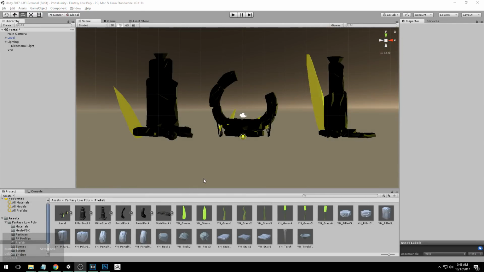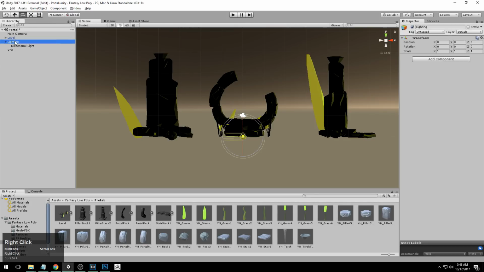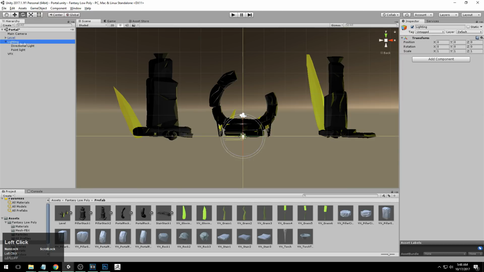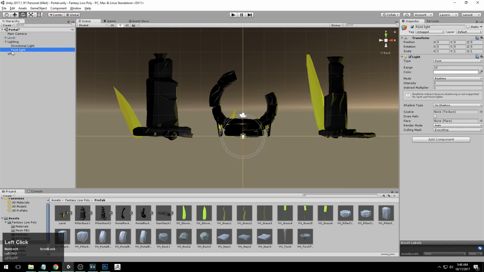So the next thing that we're going to do is add a point light into our scene. So go ahead and right click on your lighting, hover on light and click point light. Now the reason that we right click on your lighting is so that when we add a point light, it's automatically parented to this empty game object right here, just like you see right here. And I'm just going to name this portal light, because once we add our VFX, this is going to be